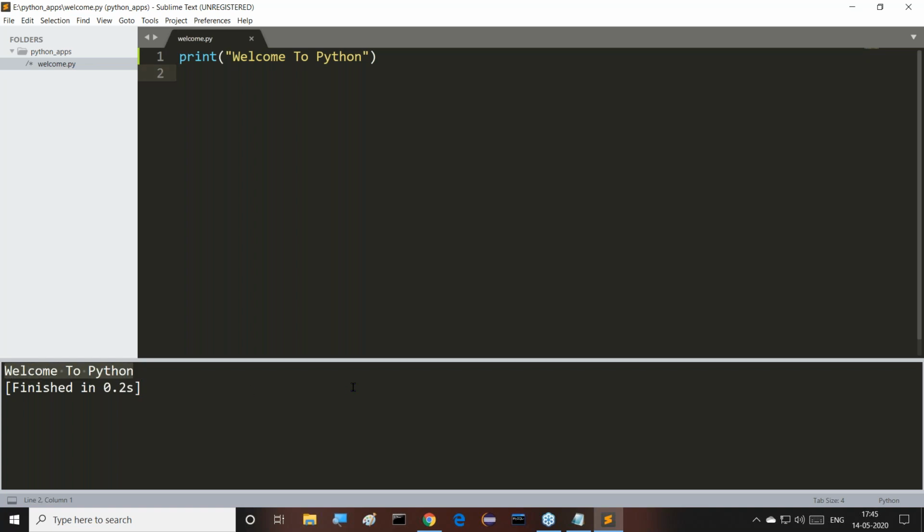Welcome to Python. This output we are getting. Guys, all of you are getting clarity on this one, Sublime Text? Ma'am, understood it? Yeah, completed. Now this is a way to use this. This is Sublime Text, but Sublime Text is simple to use.